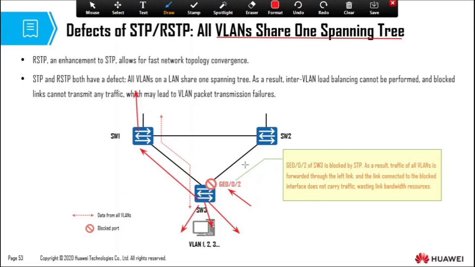Two problems. Number one, we are wasting link bandwidth because we are not utilizing this particular link. Number two, we are overloading switch number 1. So those are the two main problems that we are having because of using the same tree. So the solution to that